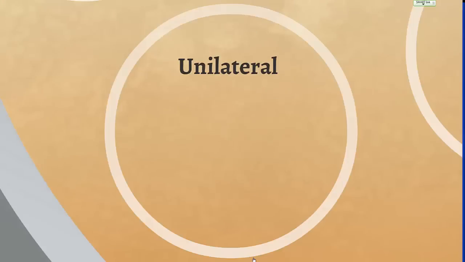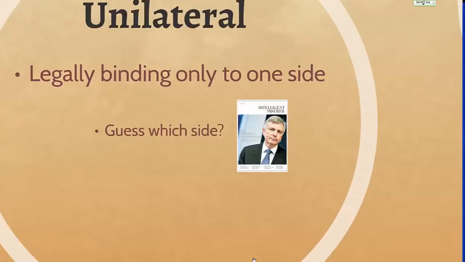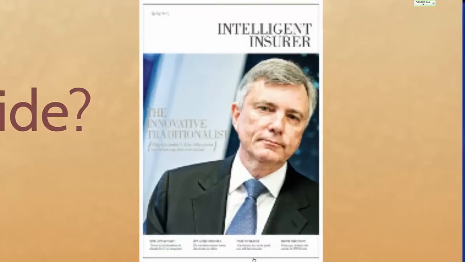Next, the insurance contract is unilateral. This means that it's legally binding only to one party or one side. Guess which side? The insurance company is the only one legally bound to perform. Unless the insured stops paying their premium, the insurance company has to abide by the terms of the contract. There are some conditions under which they can cancel the contract, but most of the time they have to continue